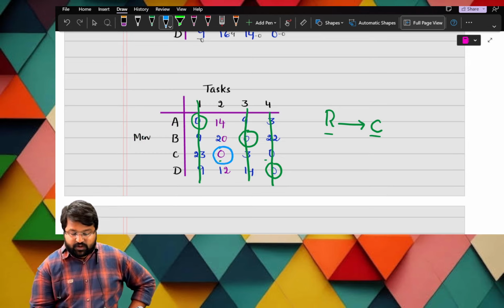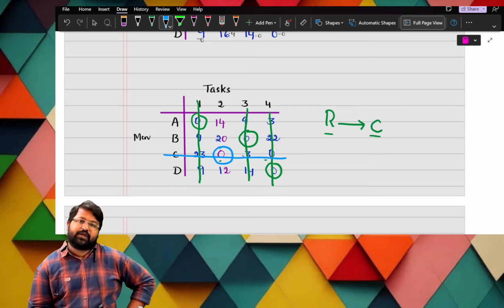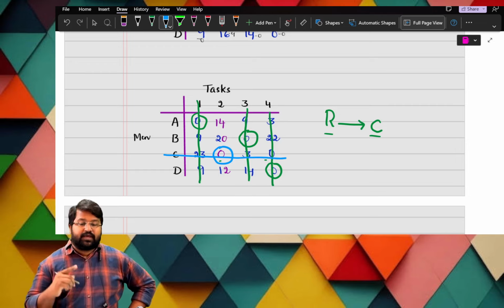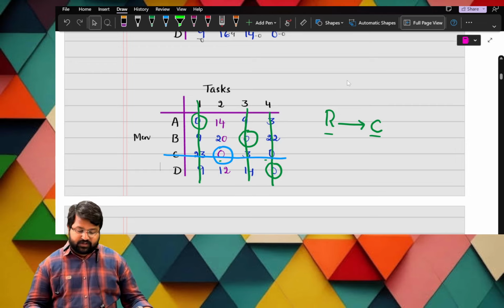There is a single zero in a column, and I have to cut the respective row. What I have said to you, I will repeat again, so with the examples you can get clarity.